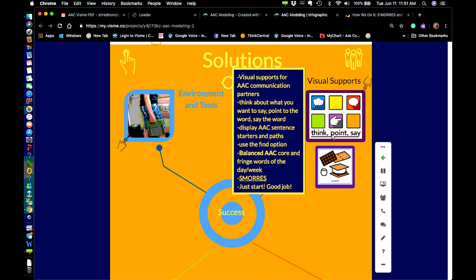So the S is for slow rate. Make sure you're clear and clean and slow while we're talking. The M and O, that's modeling. So point while you're doing self and parallel talk, that metacognitive talking. Boy, I don't know where "run" is. I'm going to go to here, I'm going to get "run," and then I want to say I'm thinking about running. So I want to talk about running on the playground. So how can I do that? Having that metacognitive talk where you're describing what you're doing, and also that parallel talk, is very important.